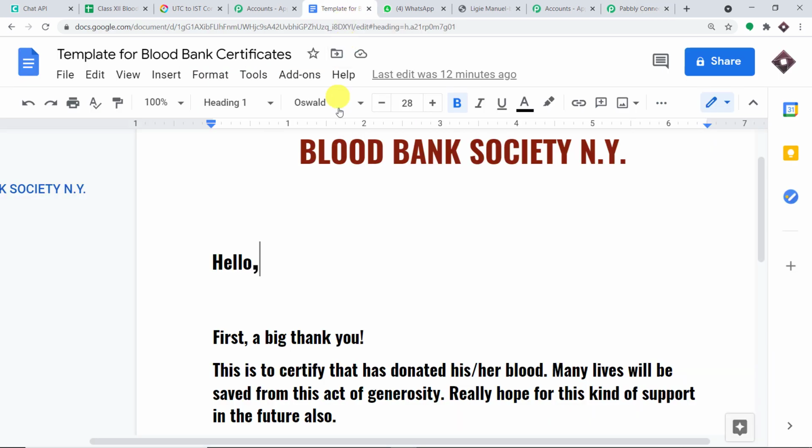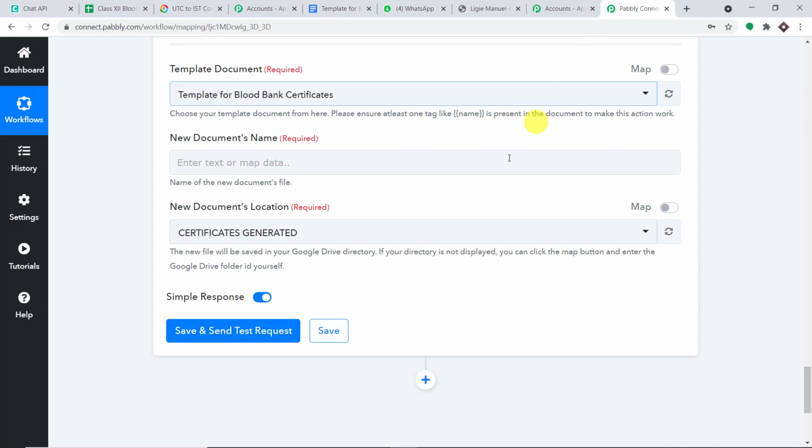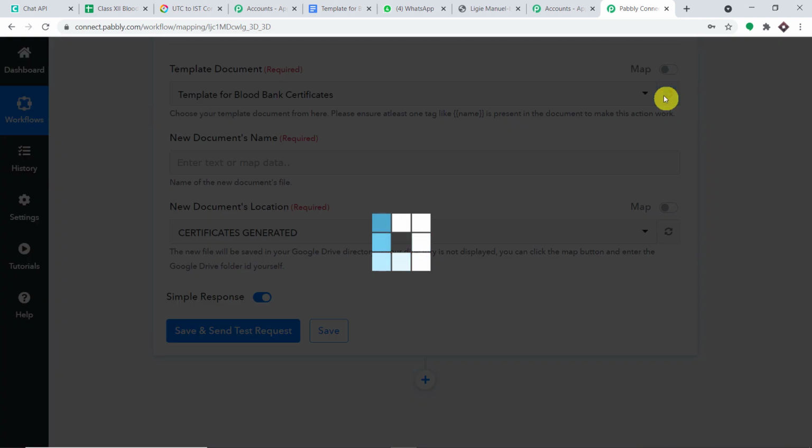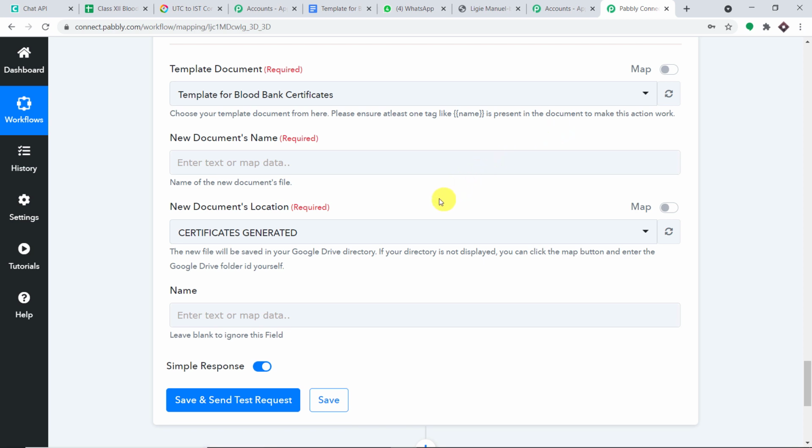First of all, I'm going to show you a magic. I'm going to introduce you to the concept of dynamic tags. You put two pairs of curly brackets, and inside the curly brackets, let me just type name. All you have to do is type name inside two pairs of curly brackets. Next, I'm just going to click on refresh. As you can see, now we have a magic. Automatically a field appears called the name field.